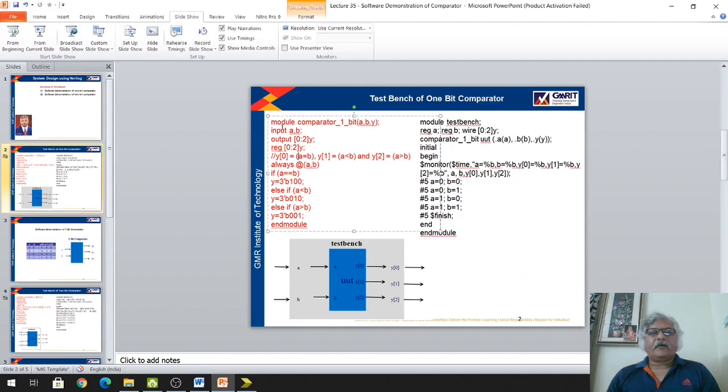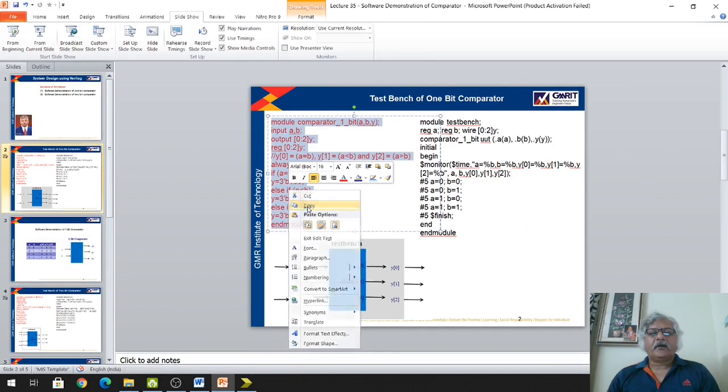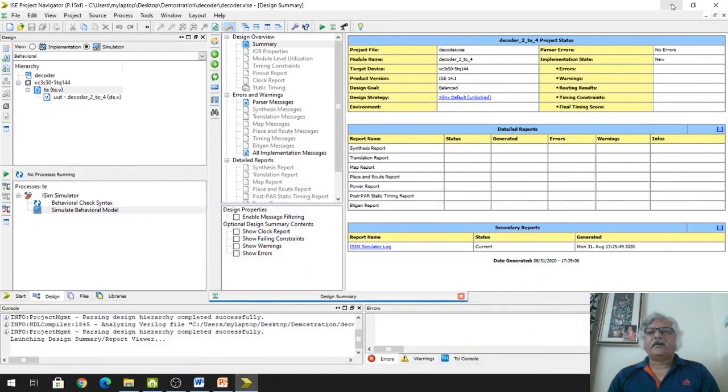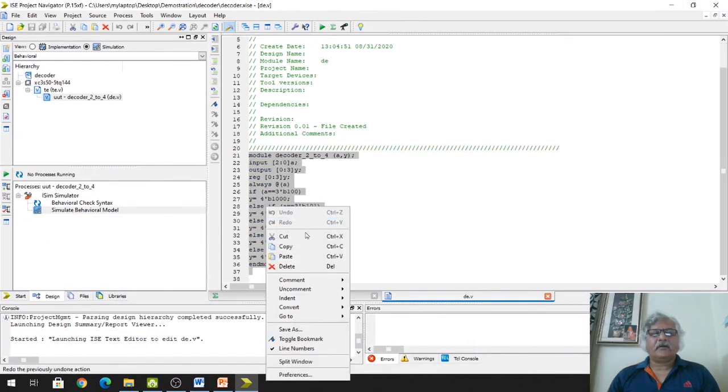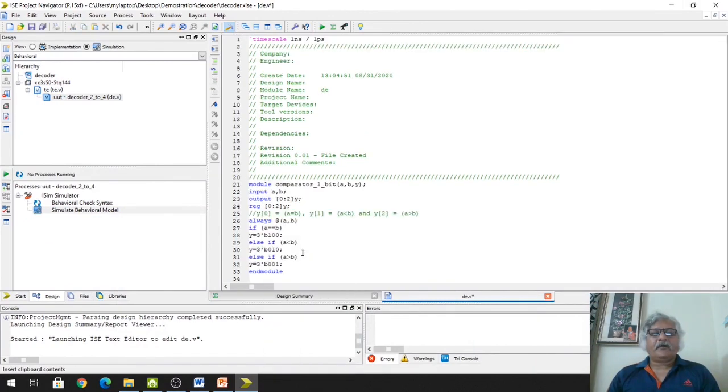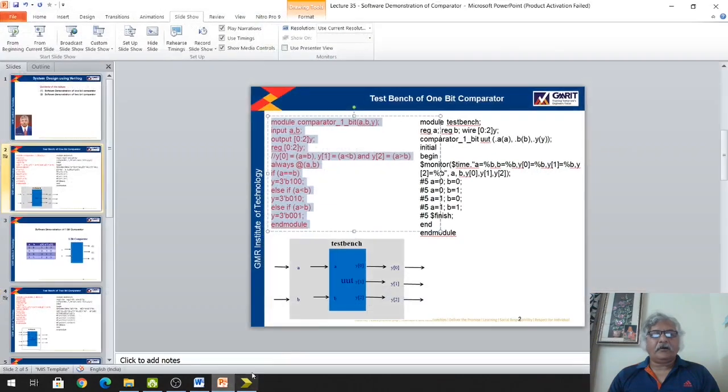Okay, now we will see this software demonstration of 1-bit comparator. So I will copy this code so that I can save it, paste it there. Okay, this is the unit under test. So here I will paste this 1-bit comparator code, right? Now I will paste the test bench code also.